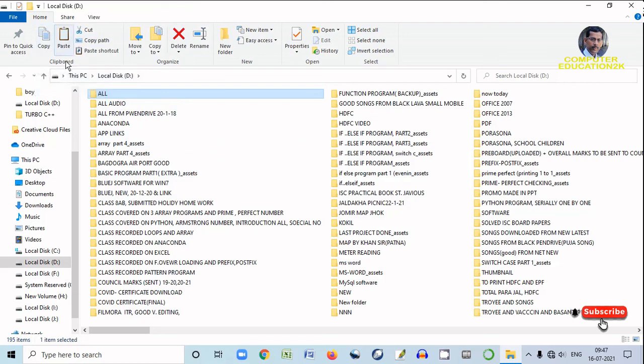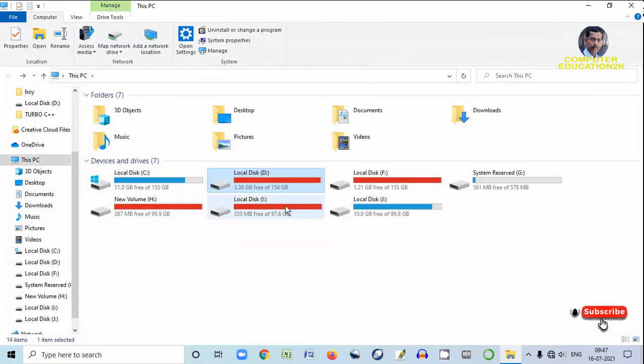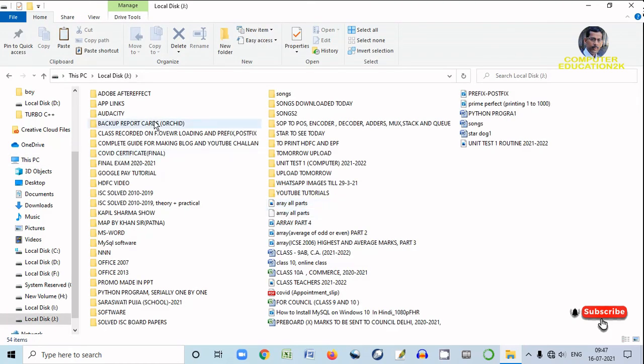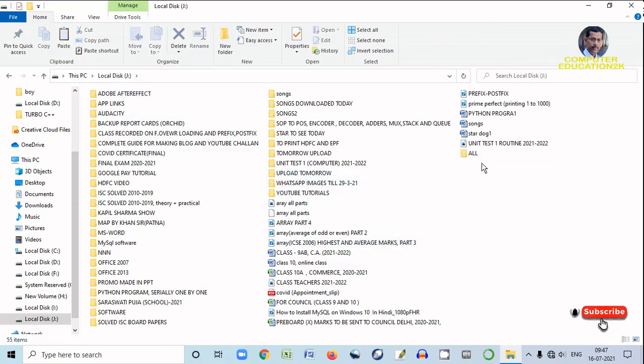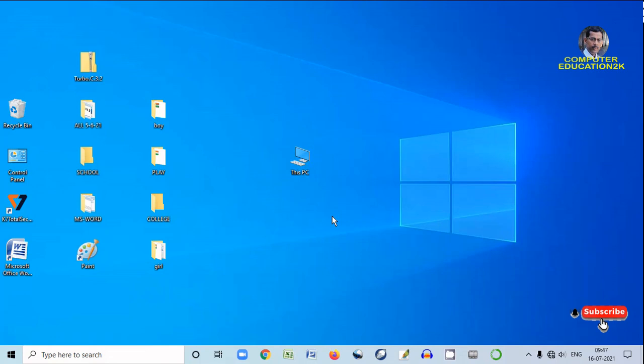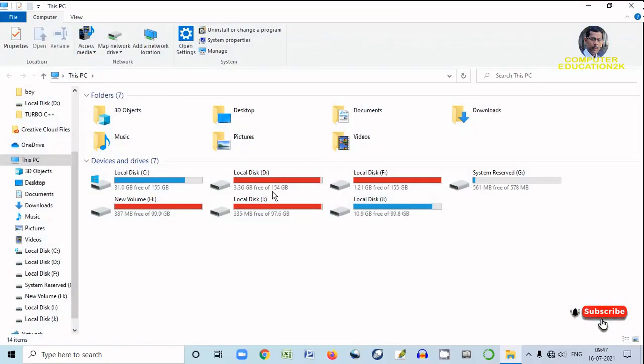Click on copy and then go back to the local disk where I want to save. Suppose I want to save in J drive. Open J drive, and then in the clipboard group you can just paste it, or right click, paste. See, the folder has been copied, the folder has come. So this way you can copy folders or files from one disk drive to another disk drive.